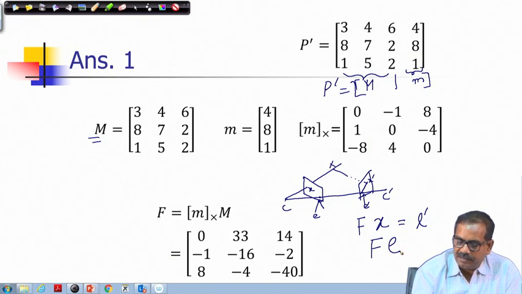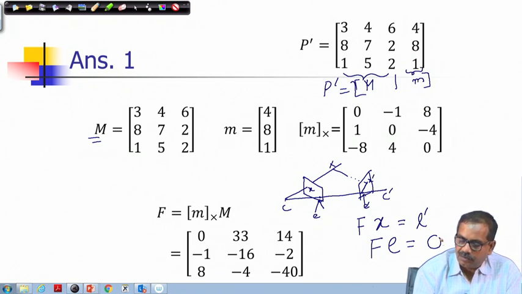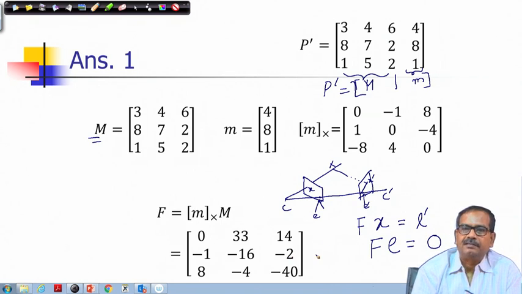If I multiply this fundamental matrix with this epipole in the image point, what I will get? I will get a 0, that means a 0 column vector. So, this is how this constraint is expressed, and which means that this fundamental matrix has a 0 vector, and